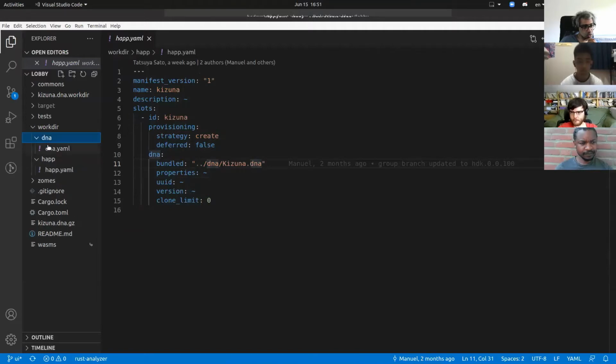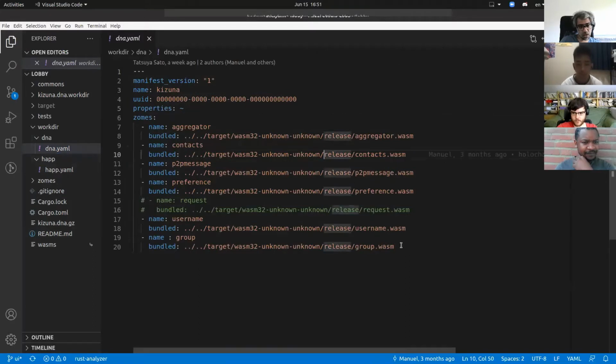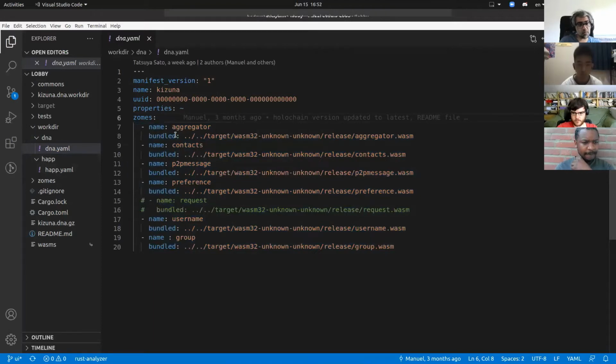If I go to Kizuna DNA, it didn't build right now, but DNA, it is not there because I need to use sandbox to generate it. But to generate DNA, I need to have this DNA manifest. So this DNA manifest is telling me a lot of good knowledge that this application is combined with this different